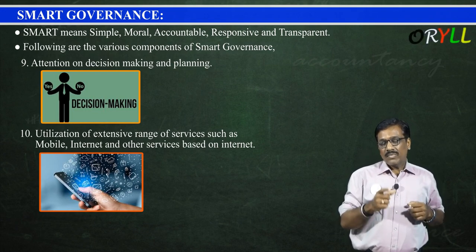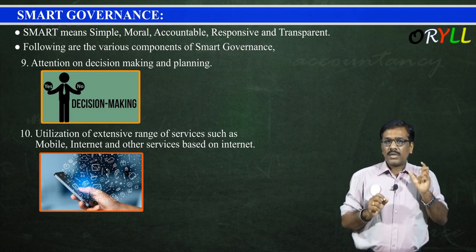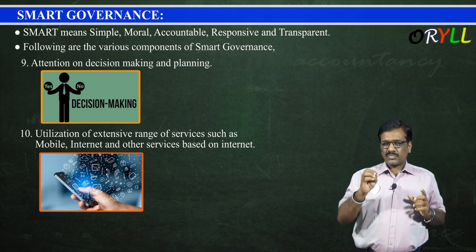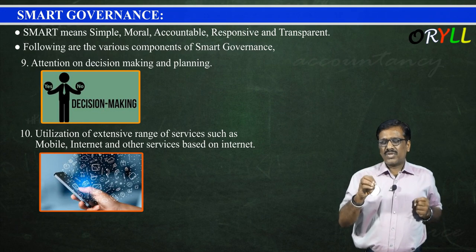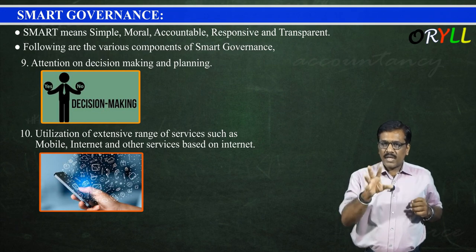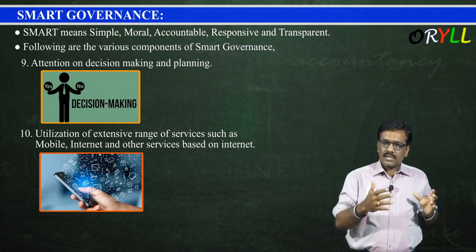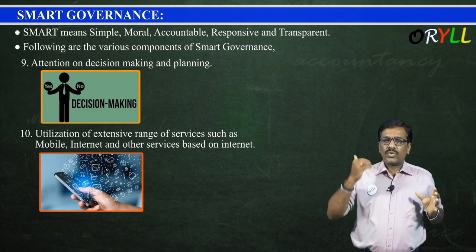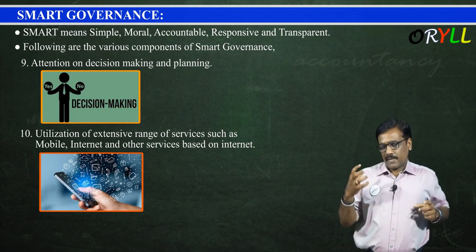For example, we said somewhere efficiency and effectiveness. What is the difference between these two? Generally people get confused. Government should be efficient and effective. I will give an example so that you will understand easily. Suppose a district collector is there, and under him some funds are there to spend for the district welfare. Let us say it is a coastal district, totally damaged due to cyclones and storms, and it has to take rehabilitation measures and evacuation. During that time he has got some 10 crore rupees.